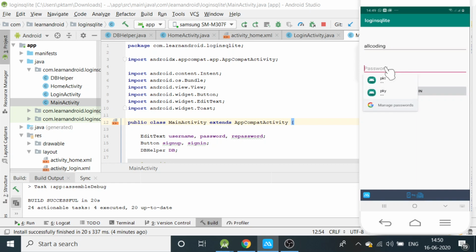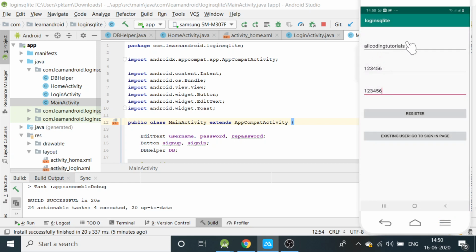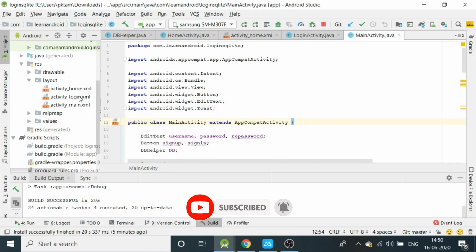In this video, I'm going to extend our project to add an important thing, which is basically a forgot password, which is there in most app login pages. So we'll create an activity which allows the user to reset his password on entering the correct username. So let's begin. We come to the main activity.